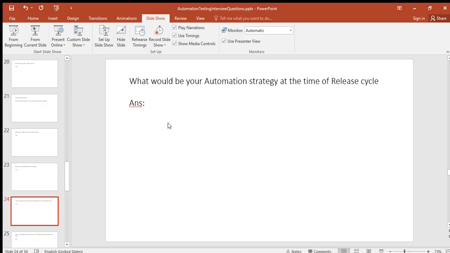So that is what they want to understand: what strategy you are using at the time of release, whether you are maintaining a separate automation suite or sanity suite or regression suite, how many test cases are there, and whether you are sending the status report to the stakeholders before the release. So that is what they want to understand. Okay,